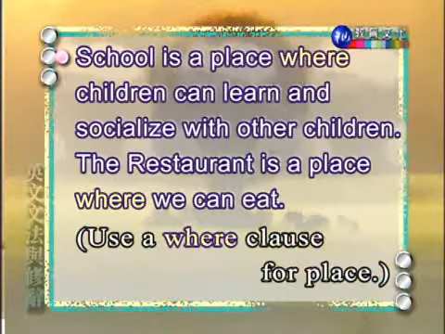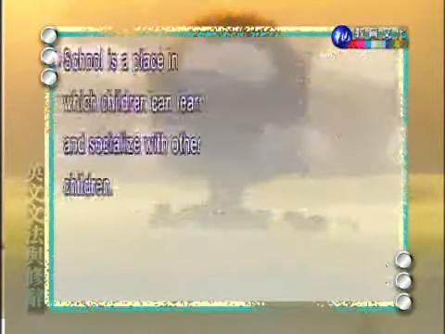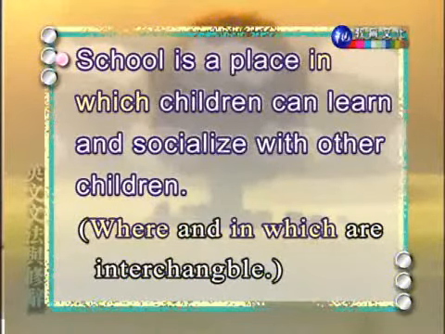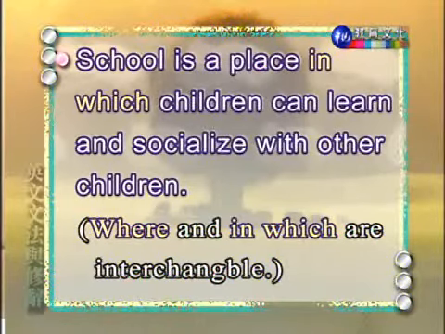Where we can eat. 因为是 place 是地方，所以我们要用 where。We use a where clause 我们用 where 子句 for place，地方场所要用 where 子句哈。好，下一个例子，School is a place. 学校是一个地方。什么地方呢？In which children can learn and socialize with other children. 他可以学习，然后还可以跟其他的同学、跟其他的孩子互动。那这边主要这个例句是要告诉同学说，where 和 in which